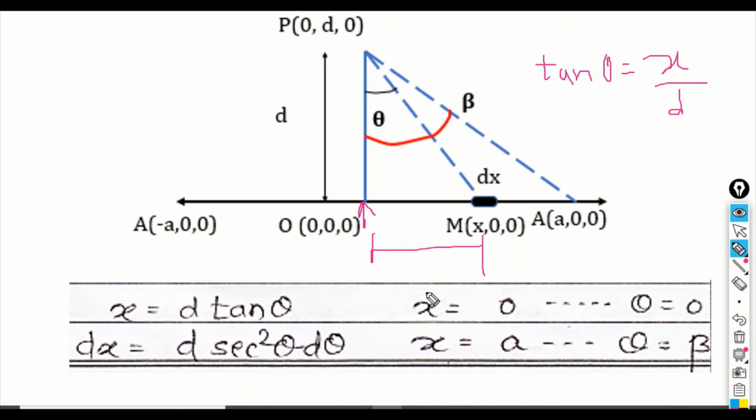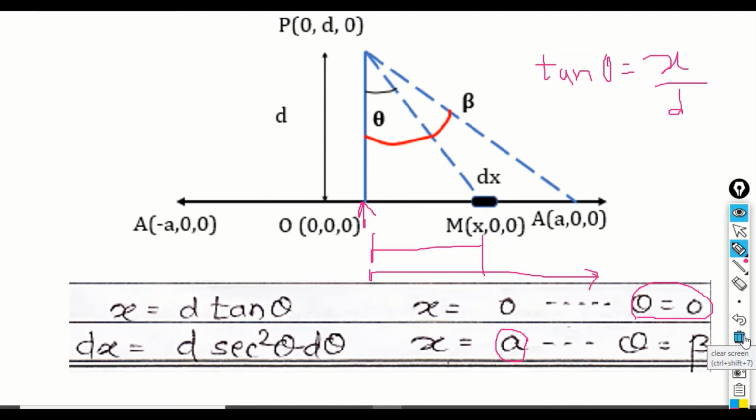So when I am at x is equal to 0, my line will totally coincide with the vertical line. So at that time my theta is equal to 0. So if x is at the center origin, the angle theta will approach 0. Now when my point A, I move from the origin, you are moving now at coordinate A. So when I move to coordinate A, the angle made at that time is theta. So my limits of x from 0 to A will now change from theta is equal to 0 to beta.